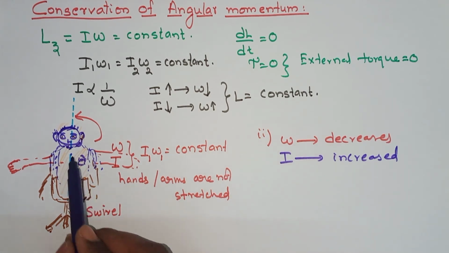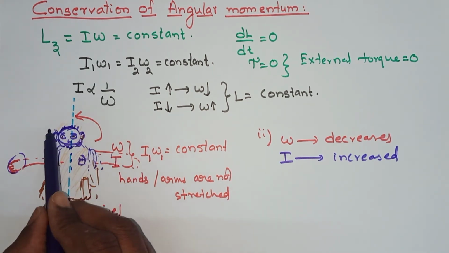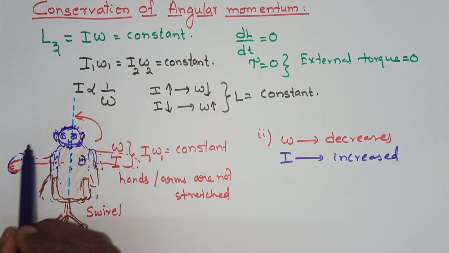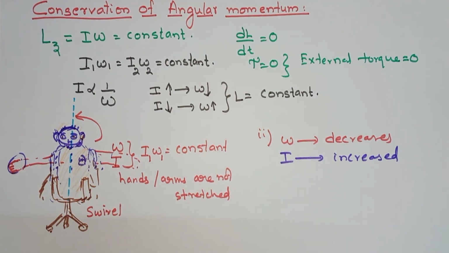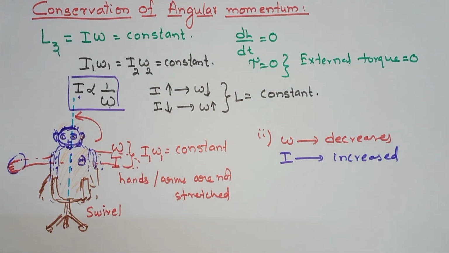What is happening here? This is treated to be one body, and these are treated to be other bodies. The moment of inertia of this one and the moment of inertia of these two parts are again increased. So it appears the angular velocity of the body is decreased. So this is a suitably applied condition. When I is increased, omega is decreased. When again the arms are closed, coming apart, then again the angular velocity increases. This is a simple example of conservation of angular momentum.